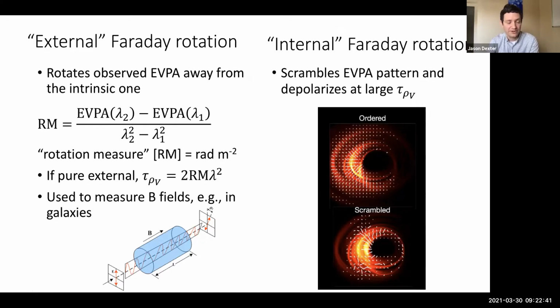Okay, in external rotation, this does not depolarize. It does not change the degree of the polarization of the light. It just rotates it. And if it rotates it coherently across the source, there will be no depolarization in the end. Okay, for accretion flows, there's another effect which is important, which is that different lines of sight, if you picture on the camera, different lines of sight can be passing through a slightly different magnetized medium.